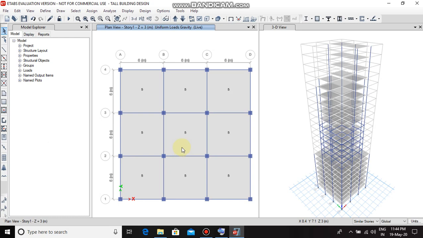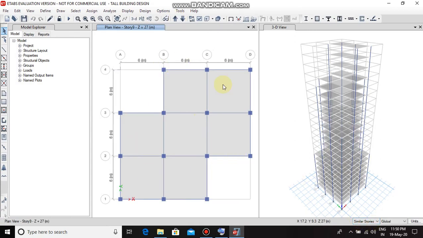Okay, then go to any story from 9 to 14, keeping it as the similar stories. Move to story 9. Select similar stories in order to give the live load over these stories from 9 to 12. Select any of the stories from story 9 to story 14. Okay, then select similar stories.